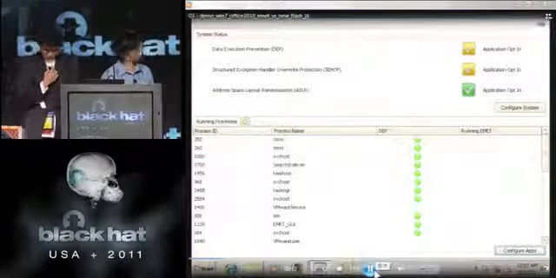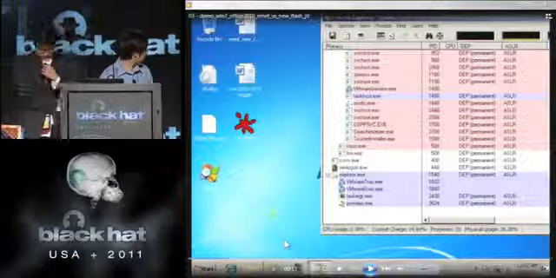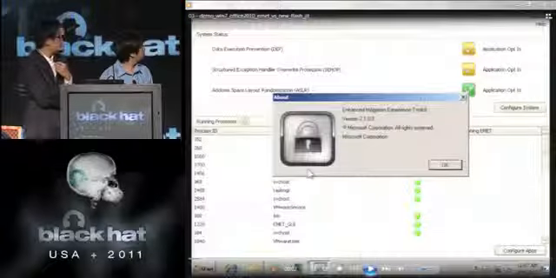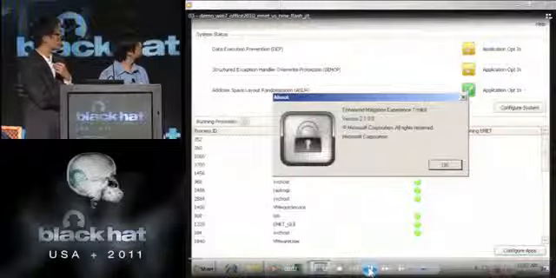Okay, so now we are going to demonstrate how we defeat EMET. In this video, we will show you how JIT spraying defeats EMET. Now you can see EMET in the latest version, and we enable all protections.